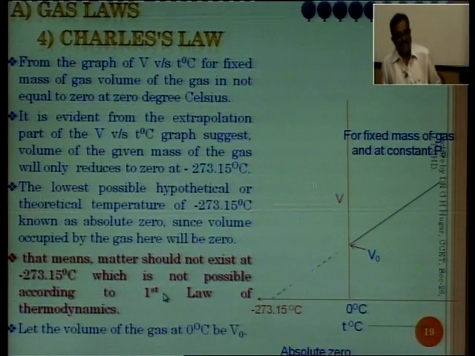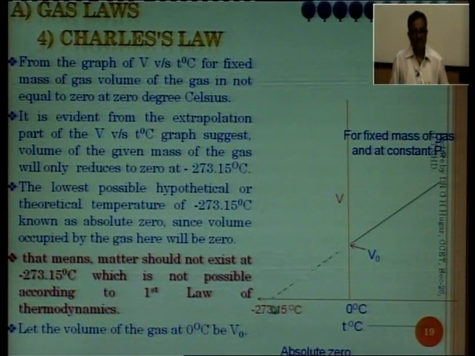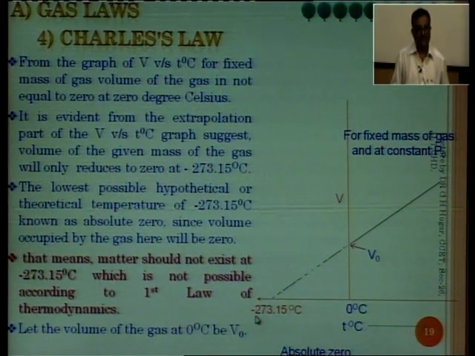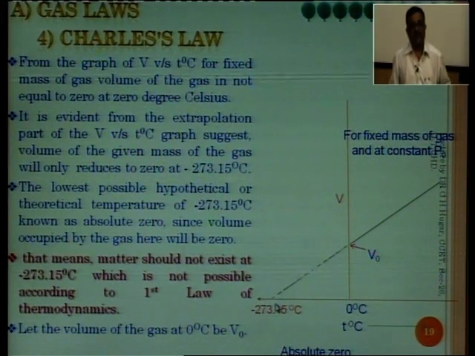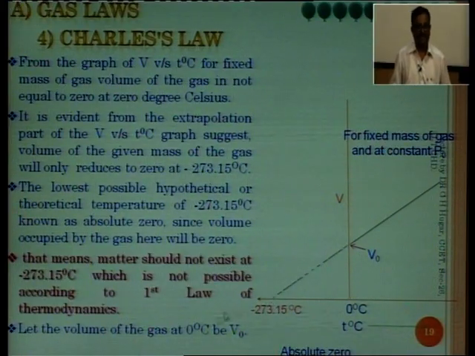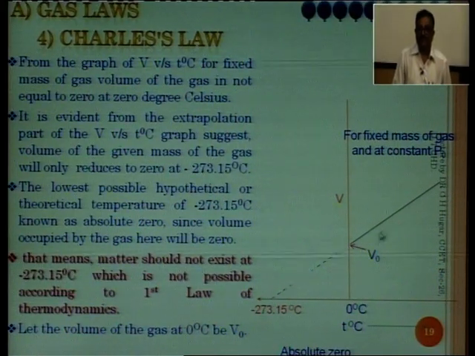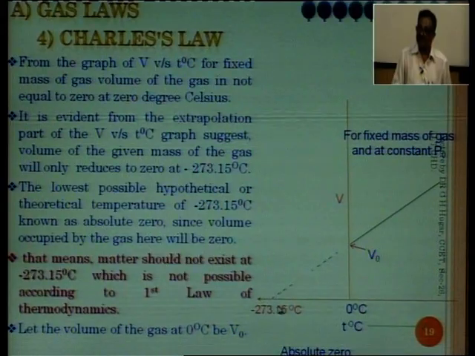However, it is not possible to just take a gas and reduce the temperature to minus 273.15 and matter must be disappearing. It never happens, because thermodynamics says, the first law, matter can neither be created nor be destroyed. So, that is why it is a theoretical temperature. These are the temperatures which are achievable, but this is quite difficult, because here the volume